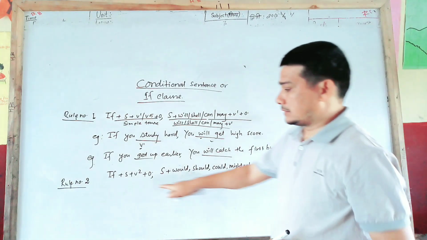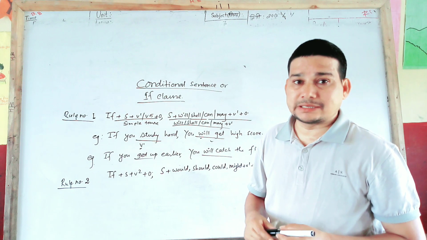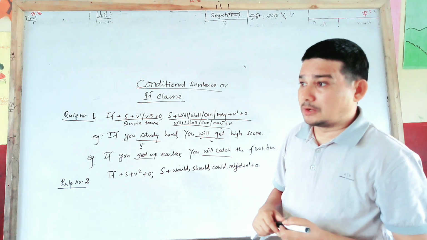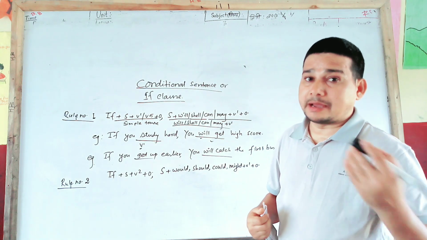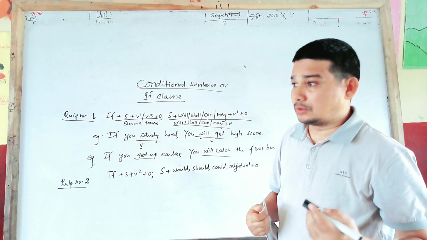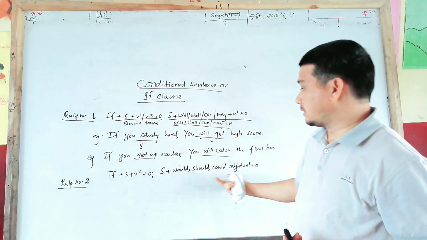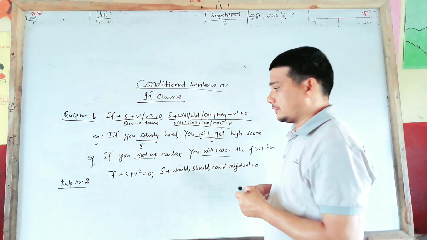Okay, so this is another rule, and this is called the hypothetical imagination, hypothetical prediction. So you are imagining that it will happen. In this case we use subject plus v2 plus object, and subject plus would, should, could, might plus v1 plus object. For example,